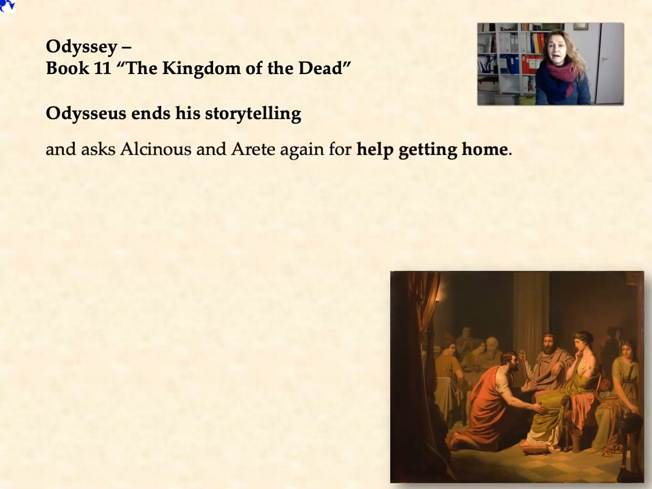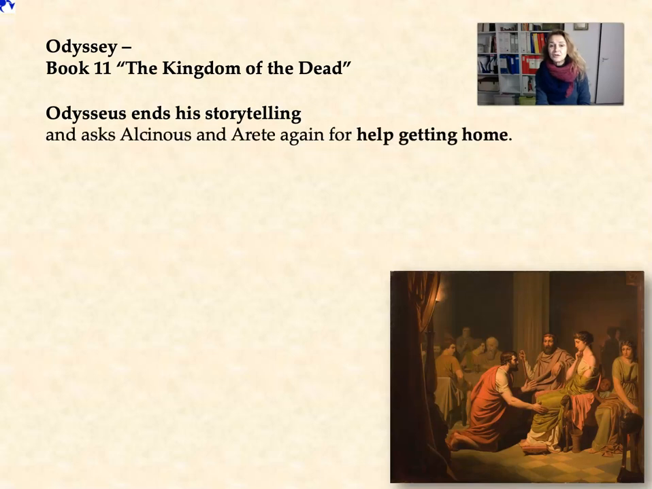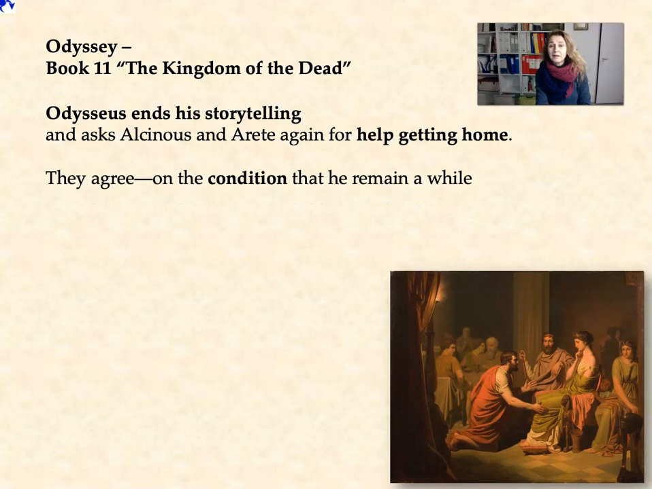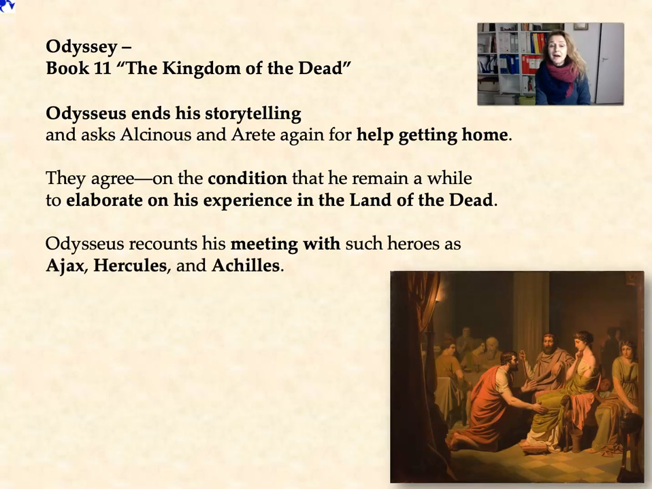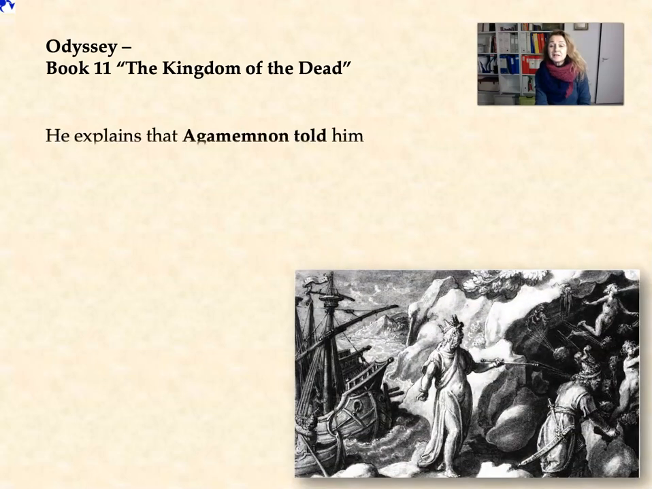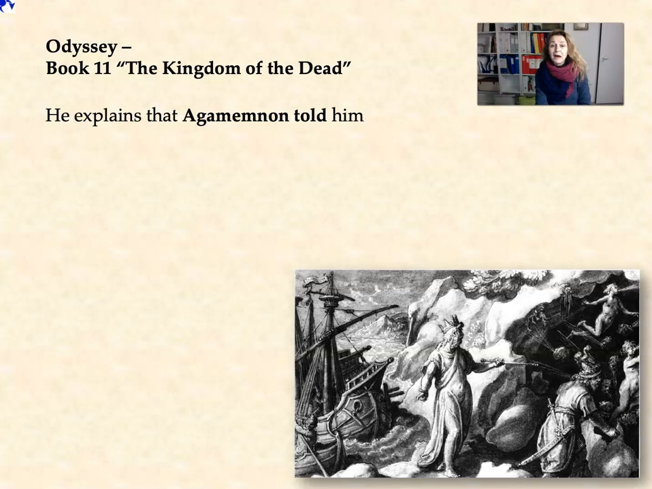Odysseus ended his storytelling and asked his guests, Alcinous and Arete, the kings of the Phaeacians, to help him getting home. They agreed, but they gave one condition, that he remain a while to elaborate and to say more about his experience in the land of the dead. So Odysseus continued to recount about his meeting with heroes such as Ajax, Hercules, and Achilles, and especially when telling about Agamemnon, he said that Agamemnon told him of his murder at the hands of his wife,